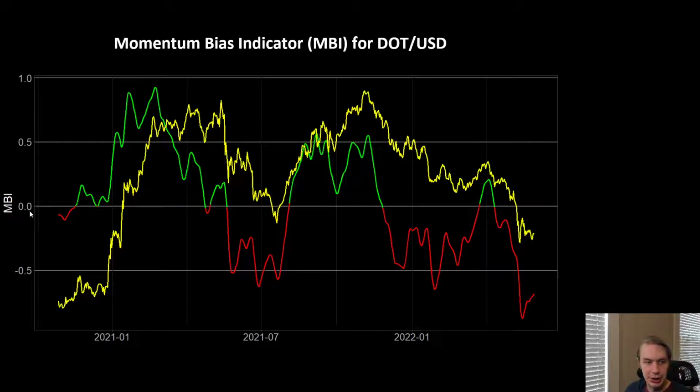And so 0 is the average amount of momentum in DOT, and that's positive because DOT has overall been trending up with time. And then these are standard deviation units here. So one standard deviation above the mean, and then this is negative 0.5 standard deviation below. We've actually never hit negative 1 standard deviation below the mean, so that's why that's not showing up here on that axis. DOT is, of course, a younger asset, so there isn't as much price history to look at.